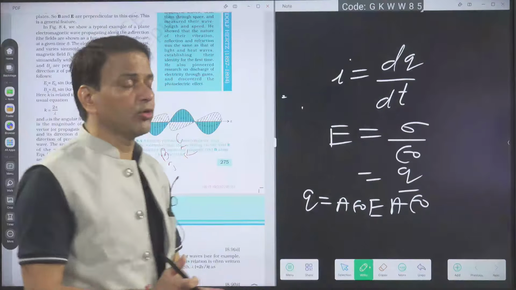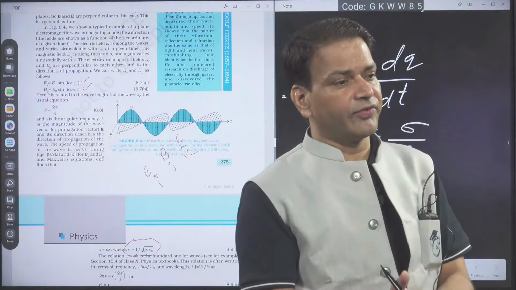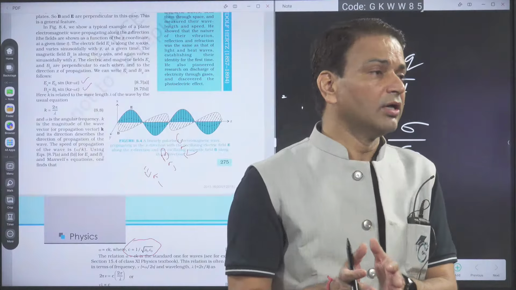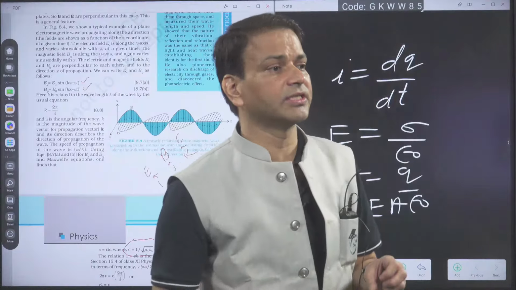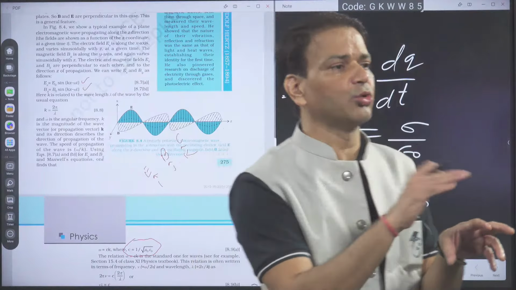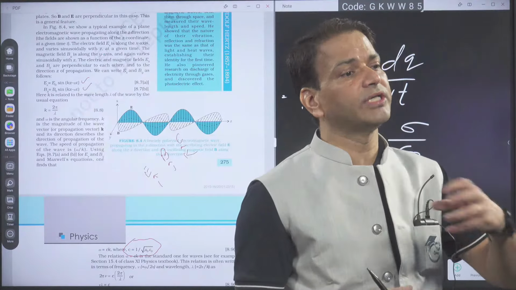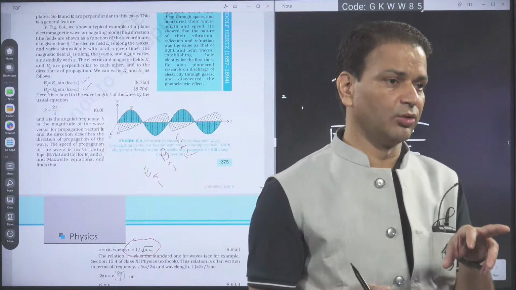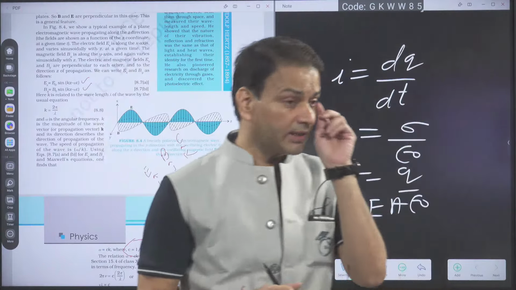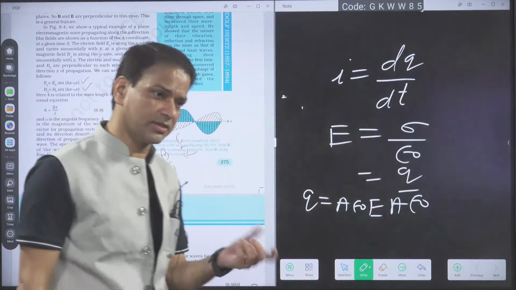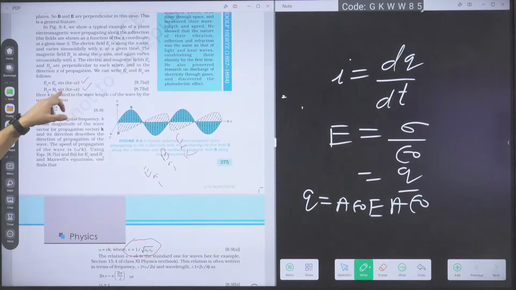Second thing you have to remember: in the EM wave, electric field and magnetic field are in the same phase, meaning the phase difference between them is 0. So in the EM wave, the electric field and magnetic field vectors oscillate in the same phase. They are perpendicular to each other. Both oscillate perpendicular to each other, but what is the phase difference between them? 0. Everybody got it? So that's why the kz minus omega t part we write the same in the EM wave. Everybody getting it or not?